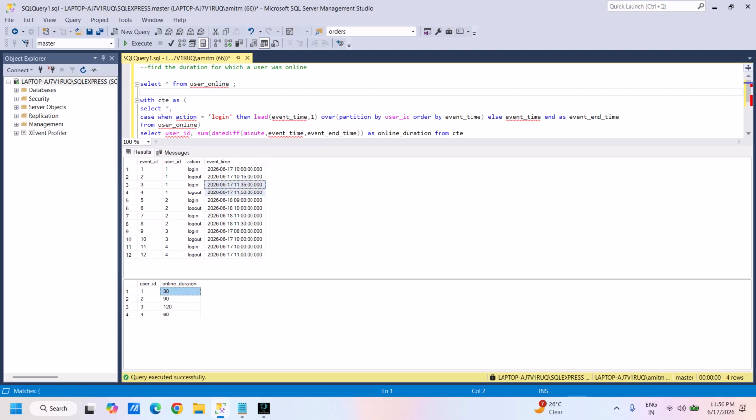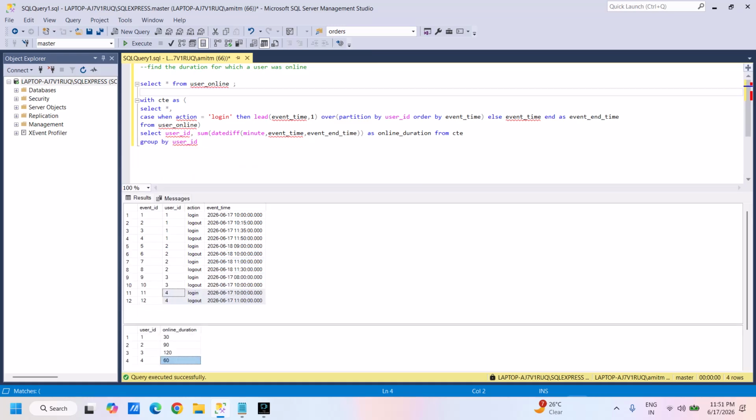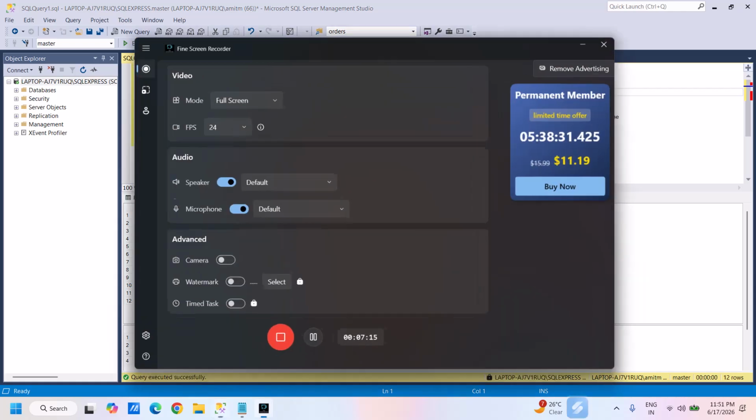Now if I run this query, we can see that for this session it is 15 minutes, for this session it is 15 minutes, so total is 30 minutes. For user 2, this is 1 hour and this is 30 minutes, so total 90 minutes. For user 3, it is 2 hours, 120 minutes, and for user 4, it is 1 hour, so 60 minutes. That's how we can solve it. What we have done here is against the login action, we put the logout time. For logout, we put the same time so that when we do a difference, it will be 0. And again for the next login, we put the logout time. So just remember that we don't have to find the total time. We have to find the time duration between